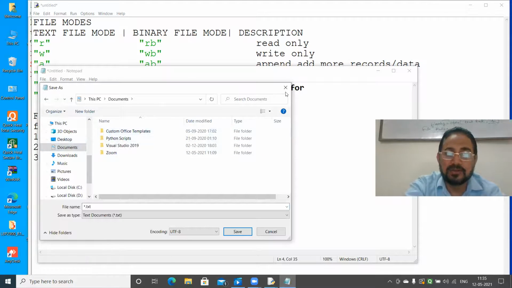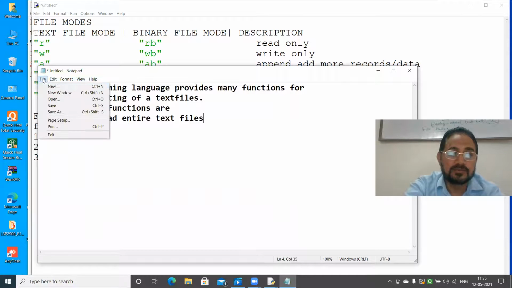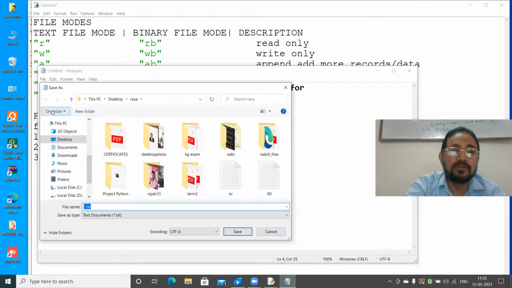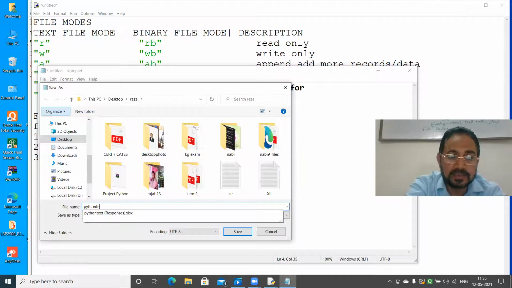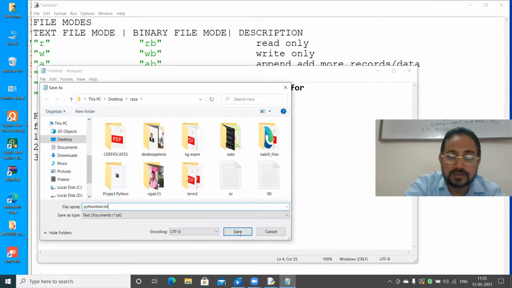Better is, instead of going into so much detail, leave it. You just go to file, save as, and give any name. I'm giving it Python text dot txt, and save it.